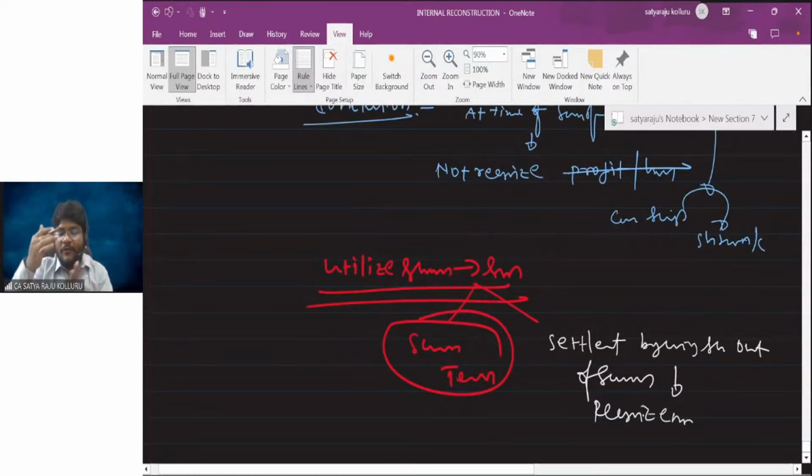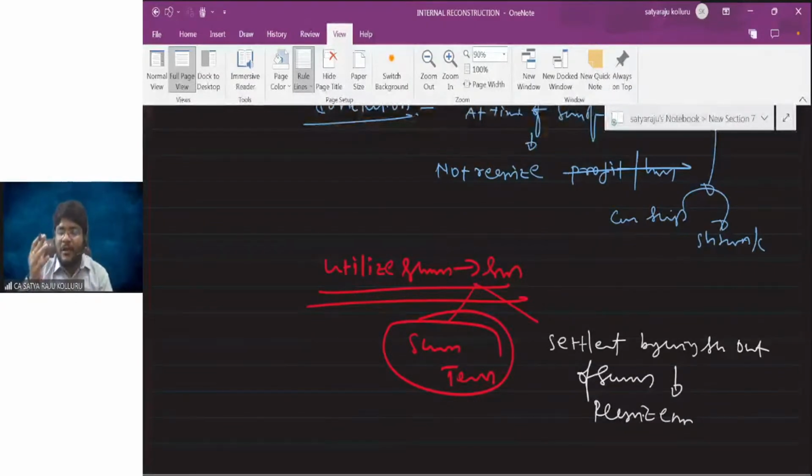Actually, what is that profit? That profit belongs to the shares surrendered by the equity shareholder. But that profit we are not recognizing at the time of surrender of shares. That profit we are recognizing at the time of utilization of share surrender. That is the simple issue. If you realize that fact, that we are not recognizing the profit at the time of surrender of the shares but at the time of utilization of share surrender, then the accounting treatment is over.